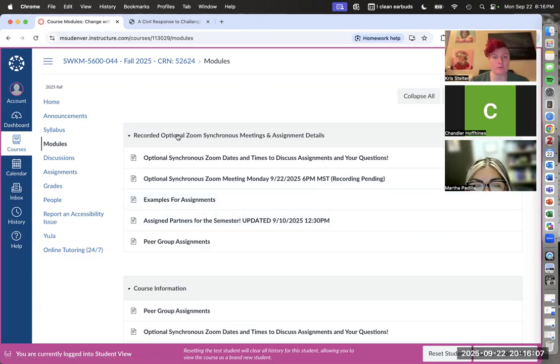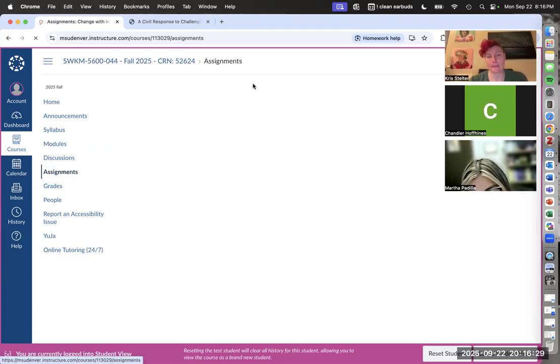As I go through and talk about the different assignments, I'll try to do them in chronological order, but they definitely build on each other. You can go to the examples for assignments here, and I've also tried to put them with the actual assignment itself. So that piece is there. And then if we go to assignments on the left here,